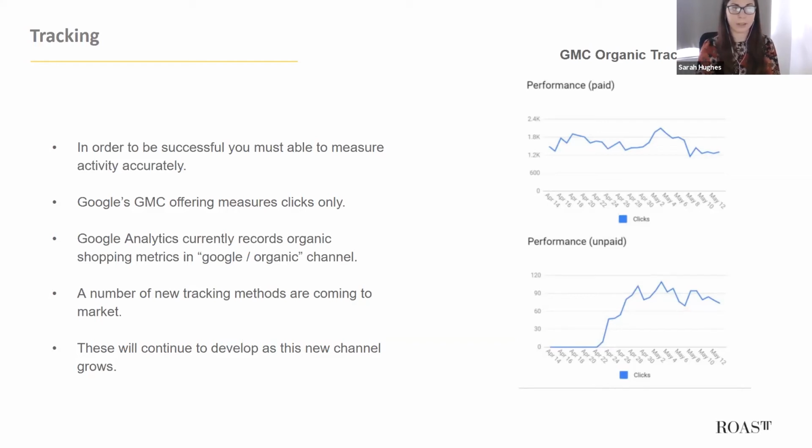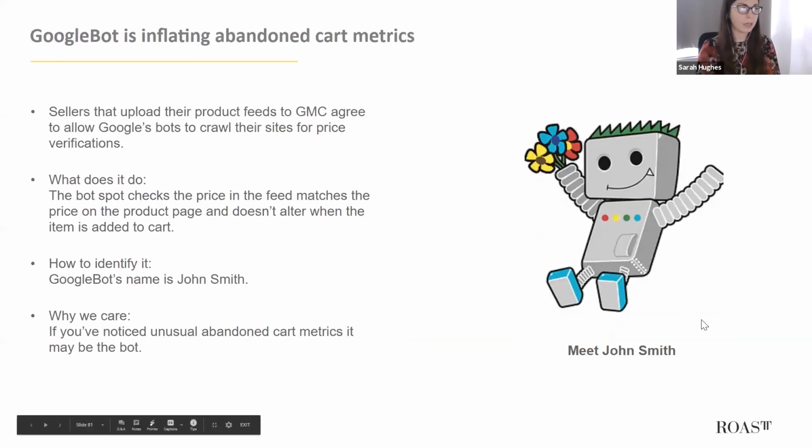Google Merchant Center, which I'll talk about a little more in a second, offers some tracking, but it's not very detailed. You can compare the performance of paid versus unpaid, but it is quite top line metrics currently. Looking at the tracking as well, some sellers have had a lot of issues with